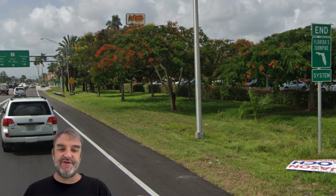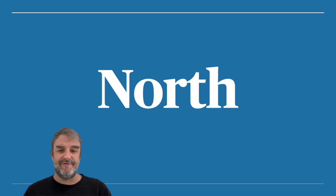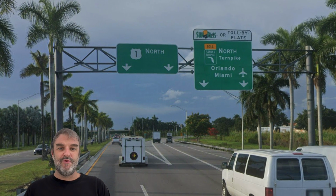And nicely, we do get a nice End Florida Turnpike sign, so that's nice of them there. Let's turn around and head northbound on Florida's Turnpike. So we're going to start down here on US 1, and we see Florida's Turnpike is signed north for Orlando